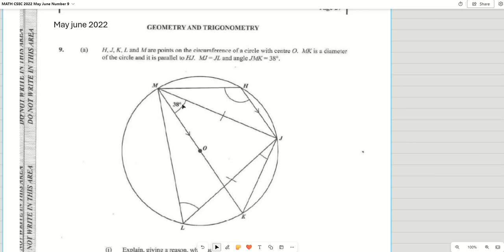MJ is equal to JL, and angle JMK is equal to 38. Alright, so first let's go over some of the rules that we have here. Let's deal with the first thing they said, which was a diameter. Actually no, let's deal with the